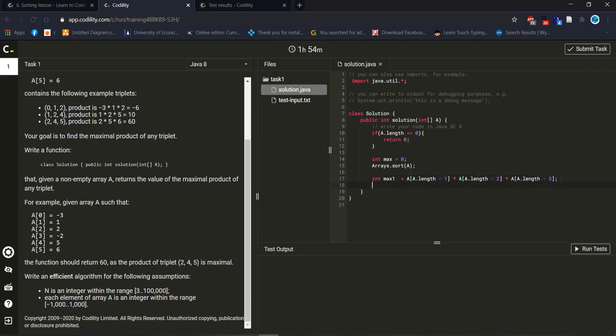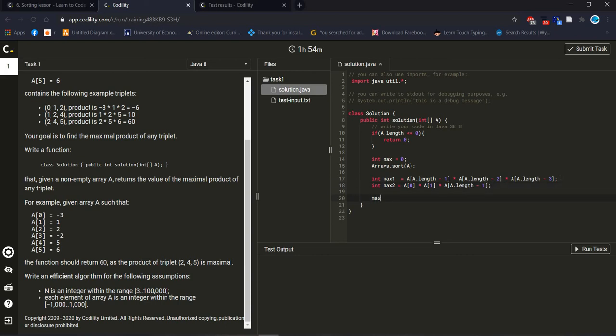Then it will take less time complexity. Int max2 equal to, now I will check the index number. Later I will check the index number 1 until array dot length minus 1.